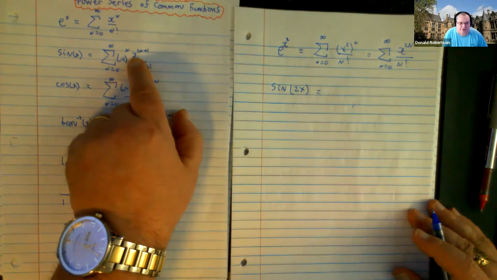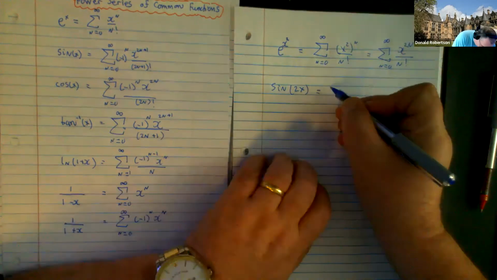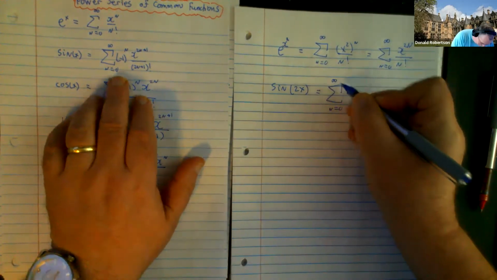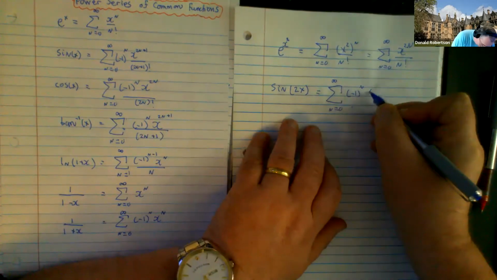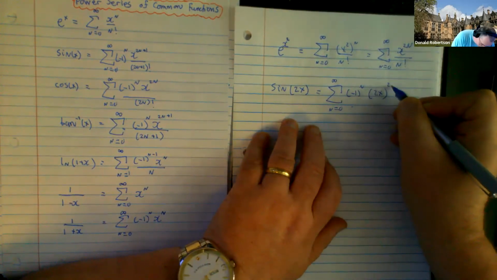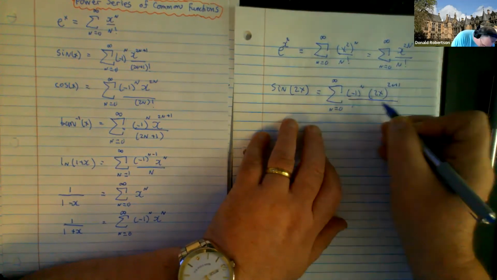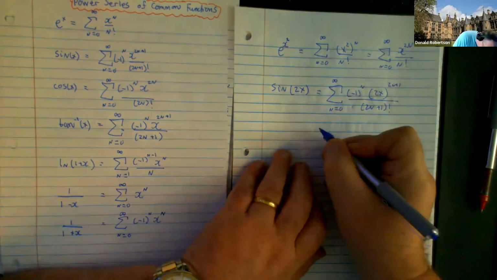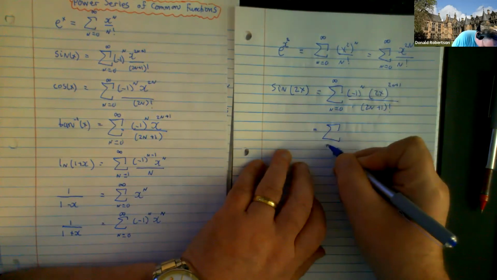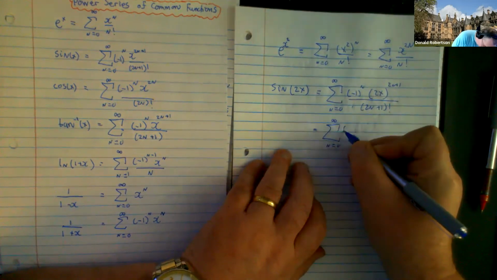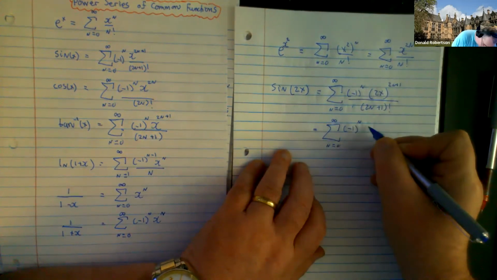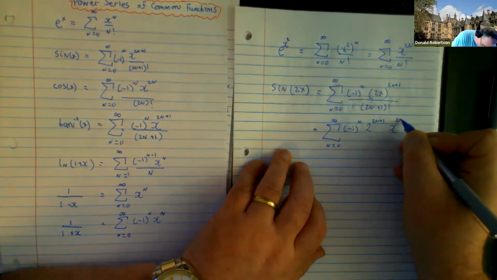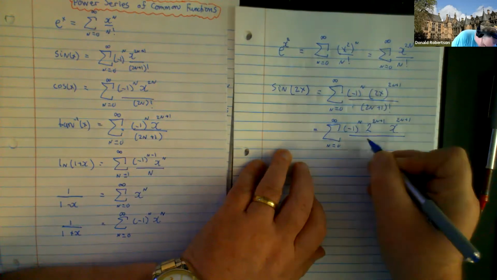So it's going to be sigma n equals 0 to infinity, negative 1 to the n, 2x to the power of 2n plus 1, all over 2n plus 1 factorial. And then just make it pretty. So negative 1 to the n, 2 to the 2n plus 1, x to the 2n plus 1, all over